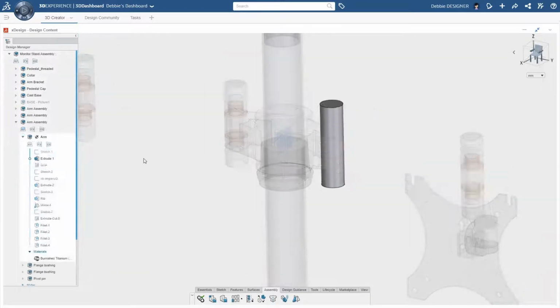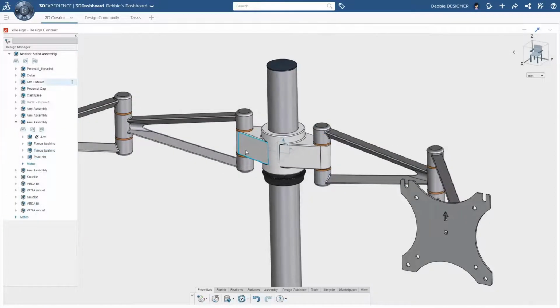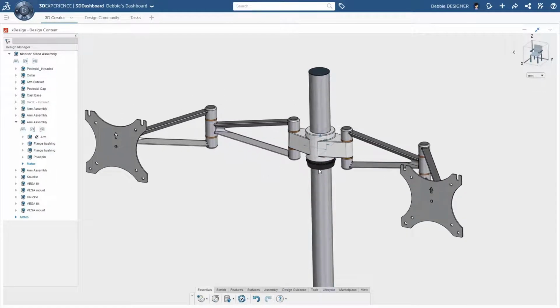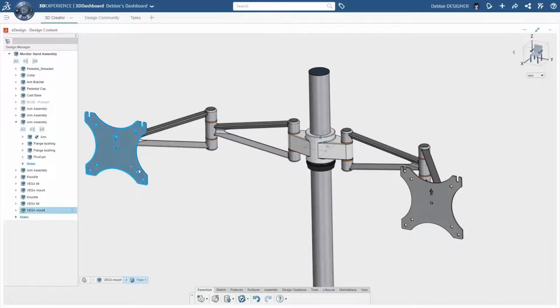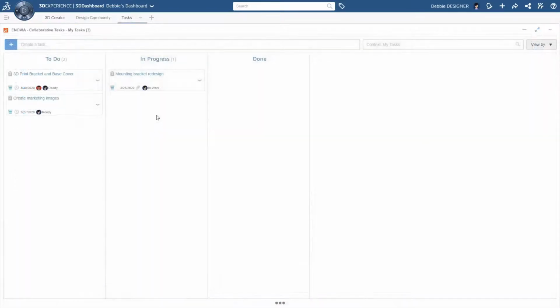Instead of opening the component by itself, she will work in the context of the assembly. This allows her to see how the changes relate to the rest of the surrounding components in real time. Very quickly, we can see how all the components come together to create this new design. All the components respect the relationships that Derby created, so we can move them to make sure we do not have any interferences or clashes. We can virtually validate the design by seeing its full range of motion. Now the design is completed.